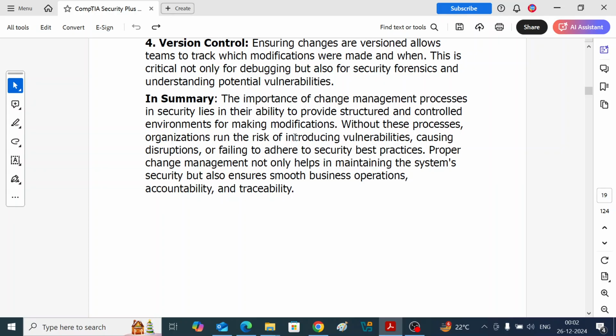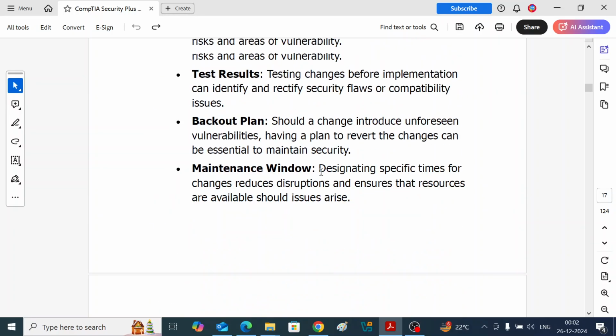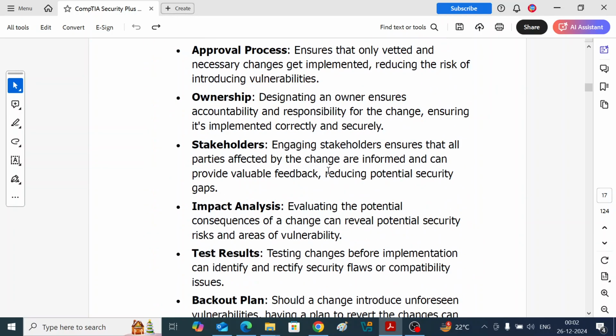The importance of change management processes in security lies in their ability to provide structured and controlled environments for making modifications. Without these processes, organizations run the risk of introducing vulnerabilities, causing disruptions, or failing to adhere to security best practices. Proper change management not only helps in maintaining the system's security, but also ensures smooth business operations, accountability and traceability. Very, very important, change management. So this sums up change management. So this is what we read